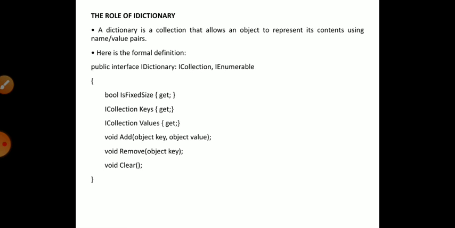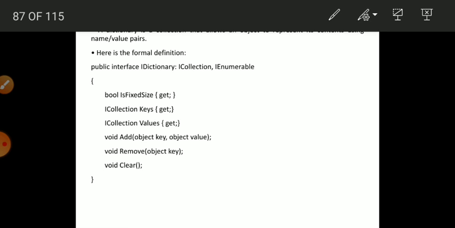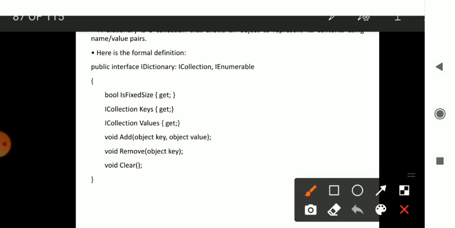What is the name of the object, and the value of the object, is considered in the role of IDictionary. IDictionary also inherits interfaces, for example ICollection and IEnumerable. IDictionary also has IsFixedSize, ICollection Keys, Values, and the elements being added: the object's value is added, and its key is also added.